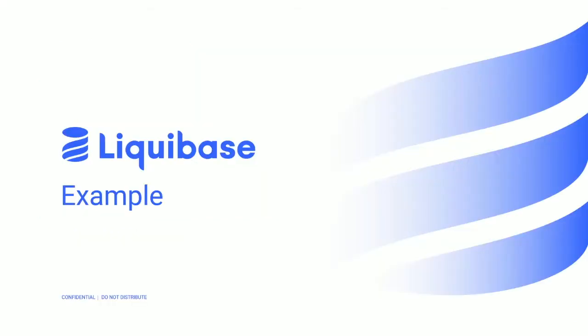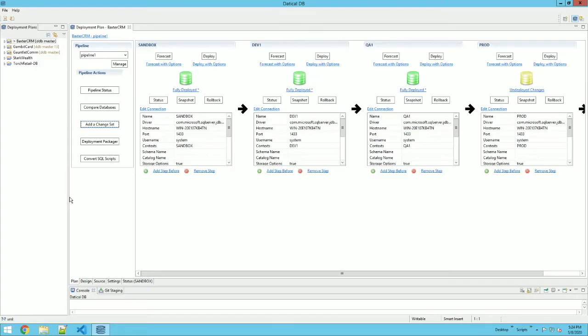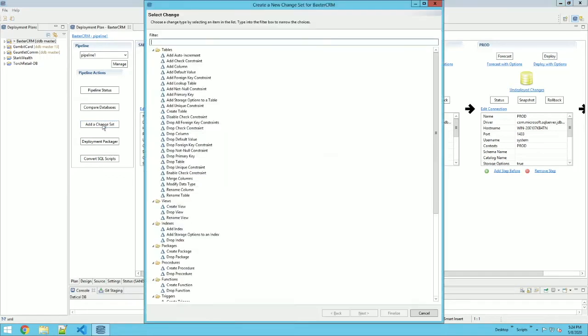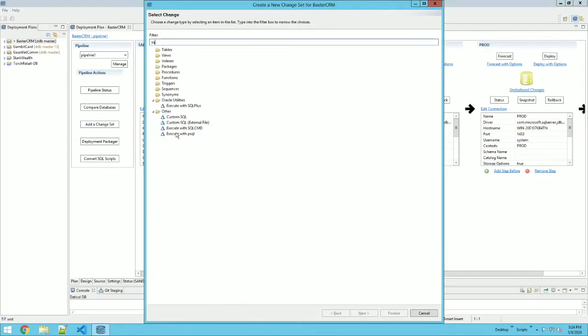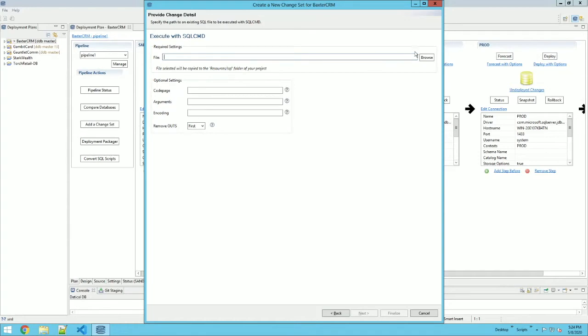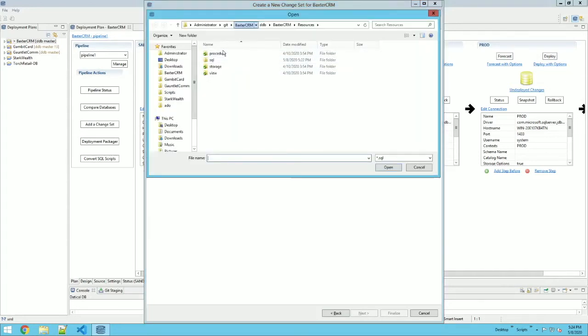All right, so with that in mind, we're going to jump over into the demo environment and walk this through in a real scenario. Okay, so we've jumped over into our demo environment over here, and we're going to begin with the process by adding our change sets like we described in the slides. So we're going to jump into the change set wizard. We're in a SQL Server environment, so we select SQL command,